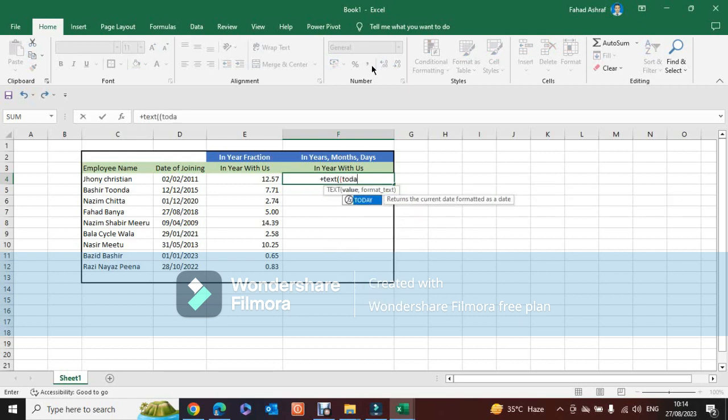TODAY, bracket close, minus their date of joining, bracket close, and then comma. In which format do we need it? We need it in years. In which format will the system ask? We need it in